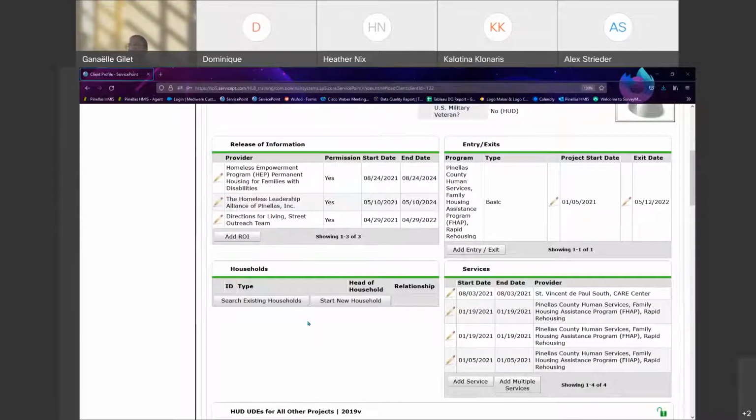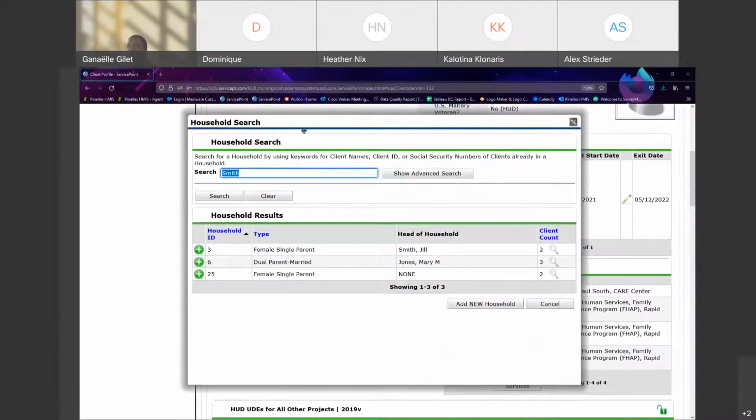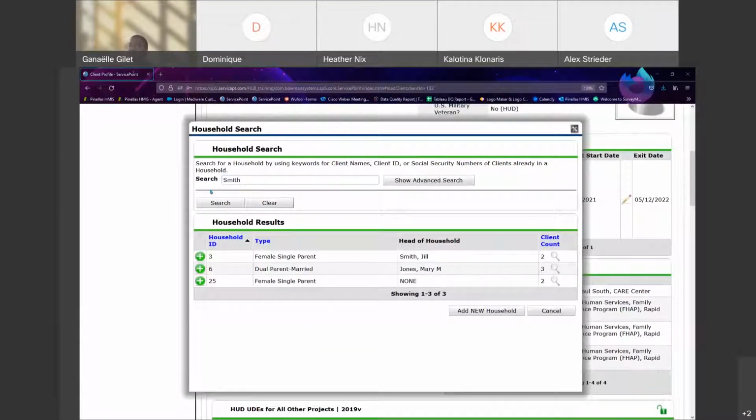So there are a couple different ways for you to add a household or add someone to a household. You can search for existing households right here on the left in case Jennifer's partner and children have been in the system before, but Jennifer hadn't. If you click search existing households, if I scroll up just a little bit here, you'll see at the top it's searching for any household with Smith as the last name of anyone in there. So here we have a female single parent